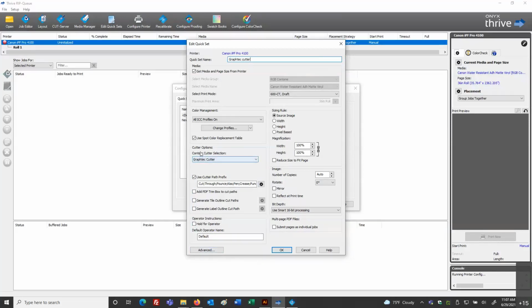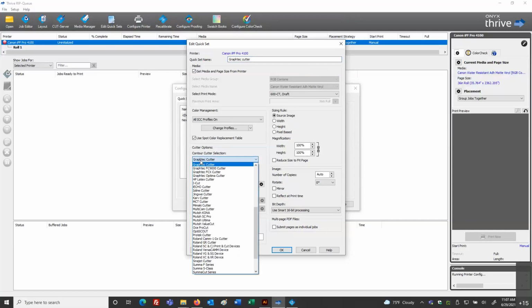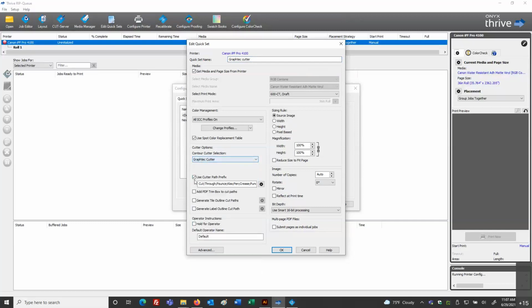Now the options below the contour cutter selection: there is use cutter path prefix, and that checkbox is on by default. Remember, because the setting for our cutter model was at none, even though this checkbox is on, theoretically there would be no cutter associated. So this would be an incomplete quick set, if you will.